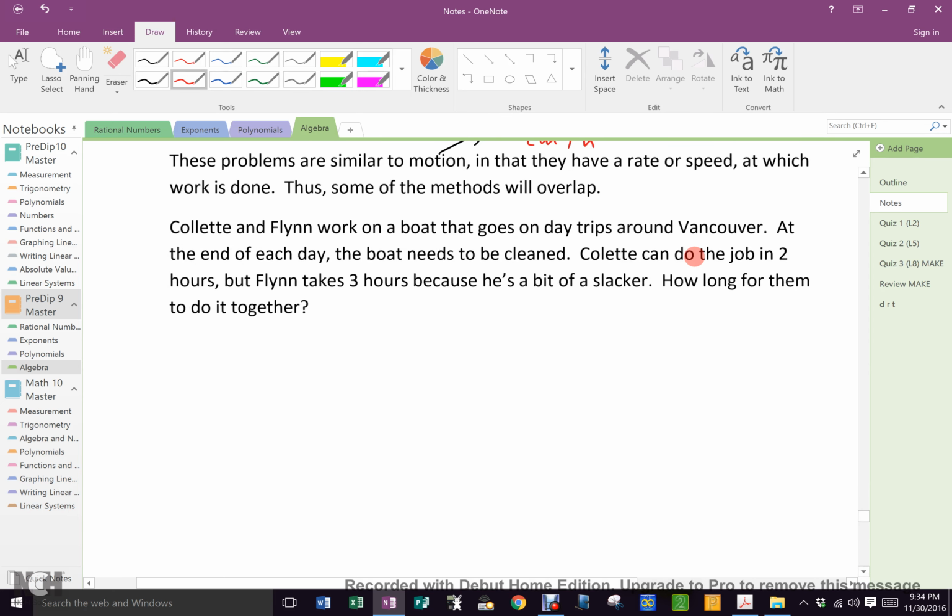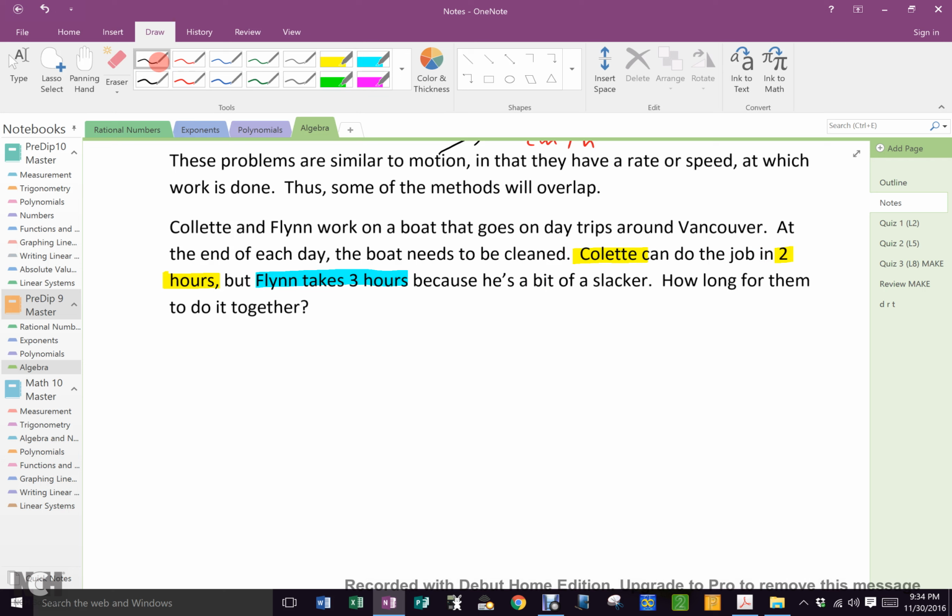Colette and Flynn work on a boat. You can read. Goes on day trips around Vancouver. At the end of each day, the boat needs to be cleaned. Colette will take 2 hours, and my man Flynn takes 3 hours because he's a bit of a slacker. So we have to say to ourselves,